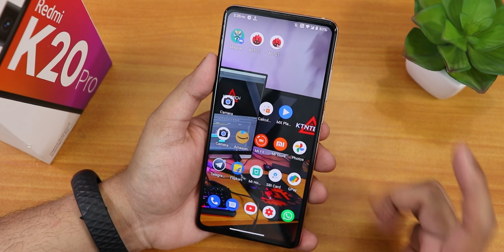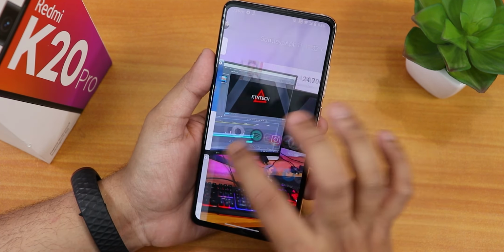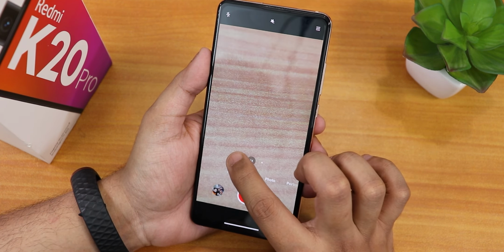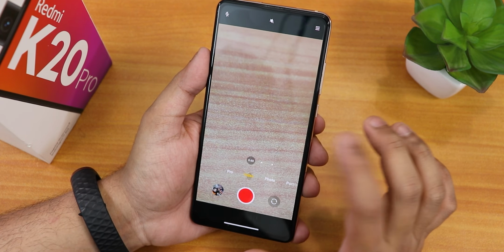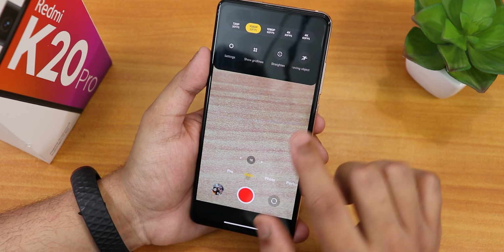Now talking about the camera stuff, yes, I have installed Magisk over here to install the ANX camera. And if you're noticing, with this ANX camera, everything is working flawlessly. And even for videos and stuff, as you're noticing, you can switch between lenses. No issues so far. I have also installed the Google cameras and stuff, and 4K 60fps video is working fine.